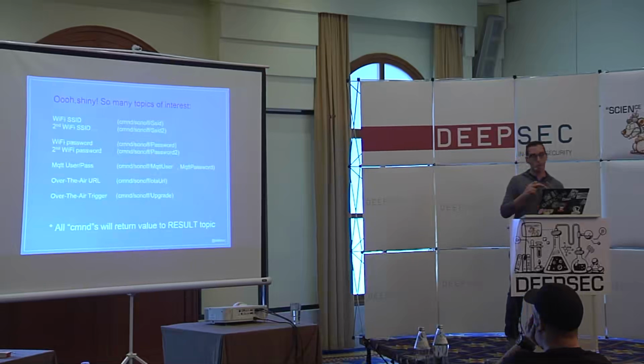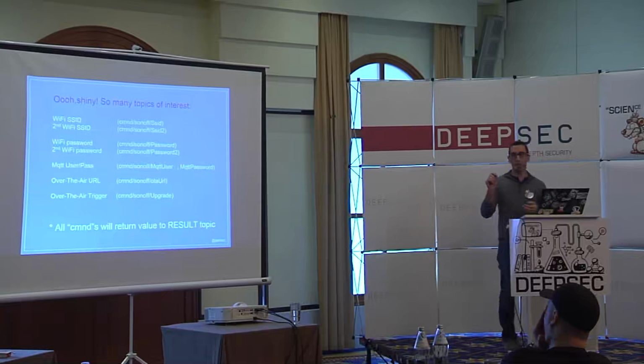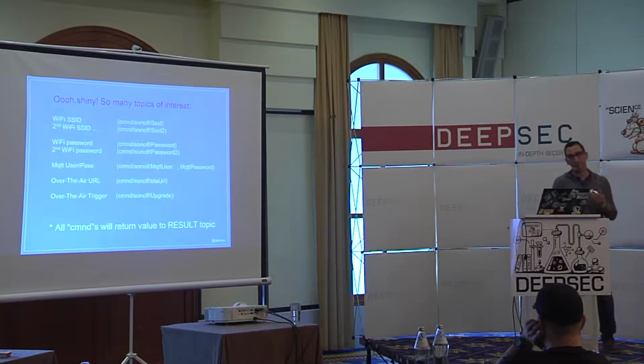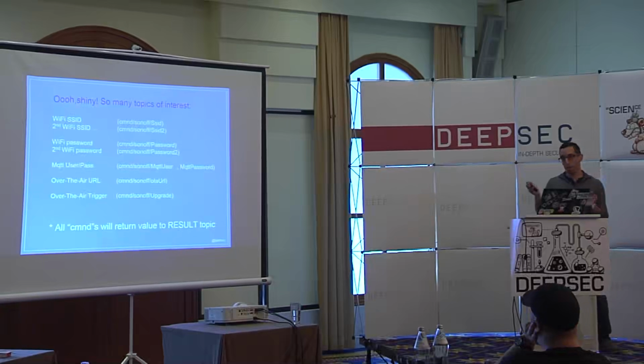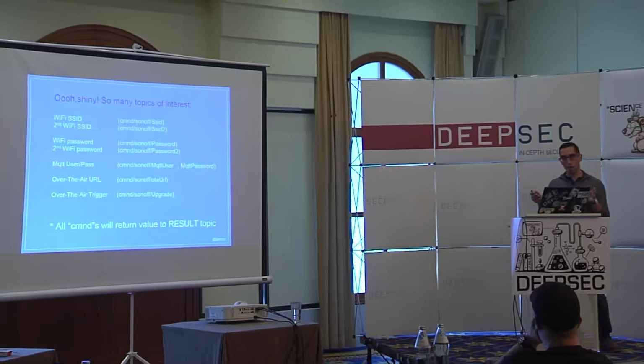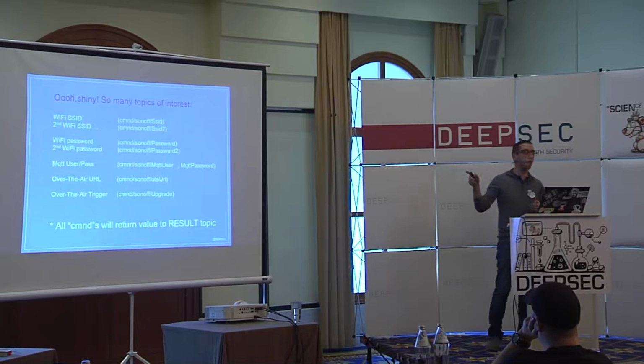OTA URL is a very special topic. Why? OTA is over the air, of course. Over the air means it's a link to some kind of a firmware location, which you, or maybe in this case me, can set to direct the device where to download the new firmware. Now, it's supposed to be something that is within your domain, nothing on the internet, but you can select an internet device. In this case, that's exactly what I'm doing. And if I'm publishing to the OTA URL, I can update this field by myself.